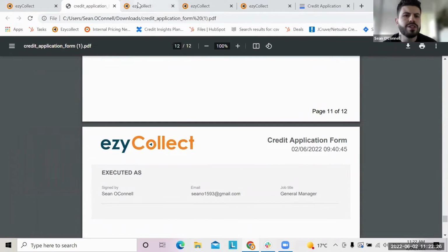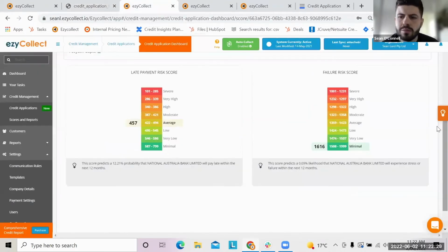Once they've done that, you receive a notification that the document is pending. It automatically runs a score for you. We've got the late payment risk score, which is essentially how they pay the market, and the failure risk score looks at the directors and the business. Based on this score, if everything was minimal, great, let's approve the account, there's low risk there. If it's average, that's auto report and have a look at what's weighing the score down. And if it's in this red section, severe, maybe we'll do cash on delivery, or we'll reject the account